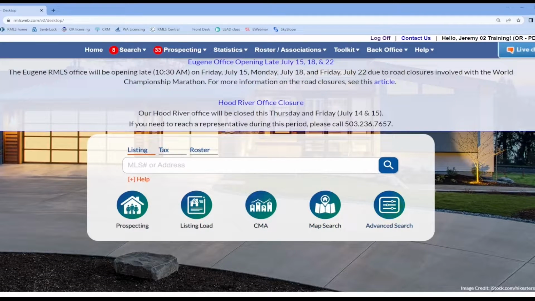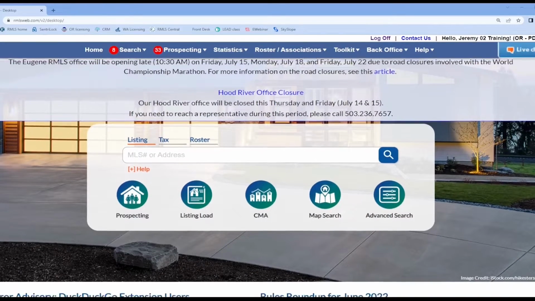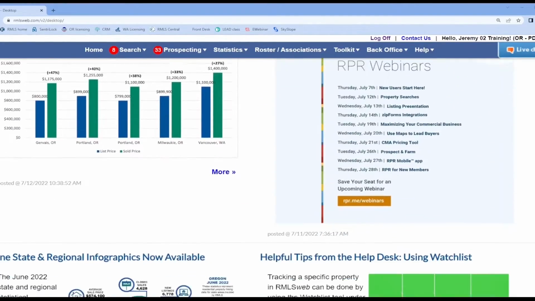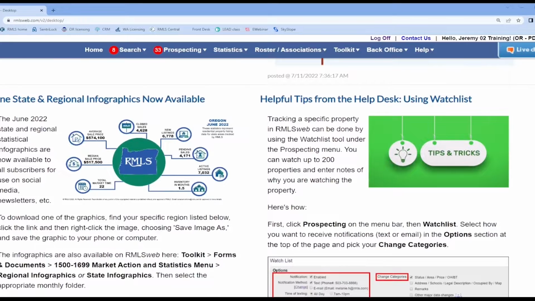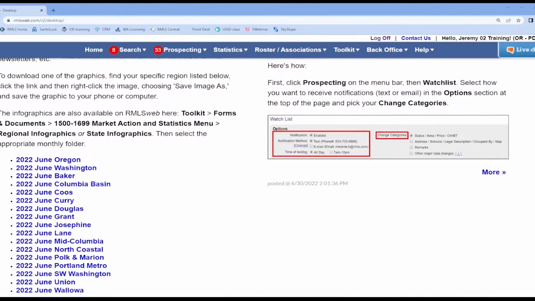Before we get into these most frequently used features, let's continue the tour to other aspects that you'll want to be familiar with. The top of the homepage is our announcement section, and any urgent announcements will be posted here. Scrolling down the page, we find the newsletter. This section is updated weekly by our communications team with information specific to RMLS, as well as industry news and